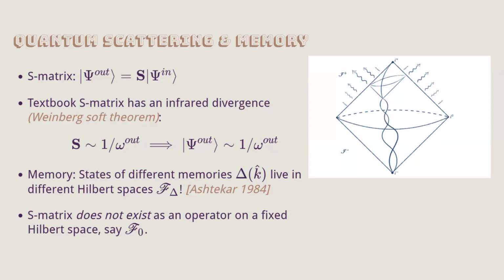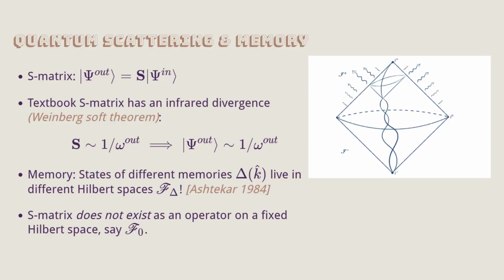Is the problem really that delta is a continuous parameter? It's a function on a sphere, so there are infinitely many of them. But if it was discretized in some sense, there wouldn't be. Is the issue separability of Hilbert space basically? It's separability, and the other thing is you want to implement something like a Lorentz transformation continuously. If you had discrete memories, you can't Lorentz boost from one value to another, because there's some nice function on a sphere. So you want a continuous range of deltas. You can say, okay, I'll give up on some symmetries that I don't want. That's also fine.